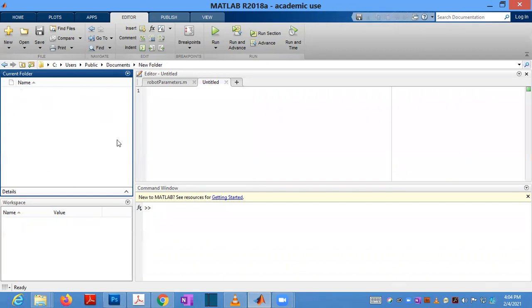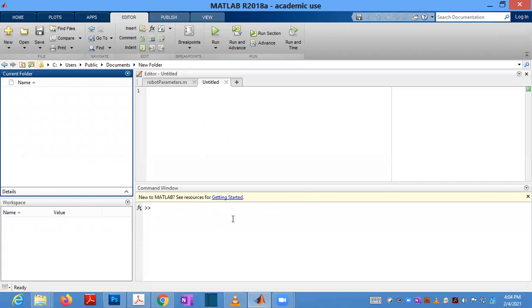Whatever you save from this MATLAB window will be saved in this path. You can save it in any folder, C drive, E drive or any drive you are comfortable with. But keep all the lab sessions in that folder, and you can make some subfolders also. Otherwise, later on some problem will arise. This is the home screen, and this is the current folder window.